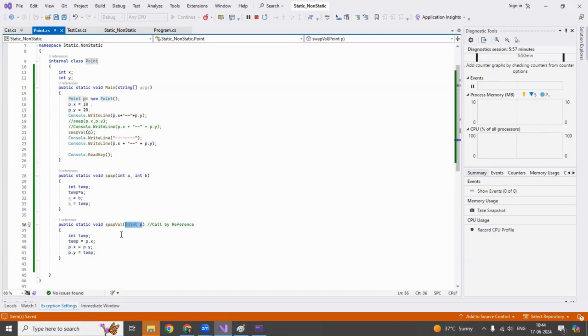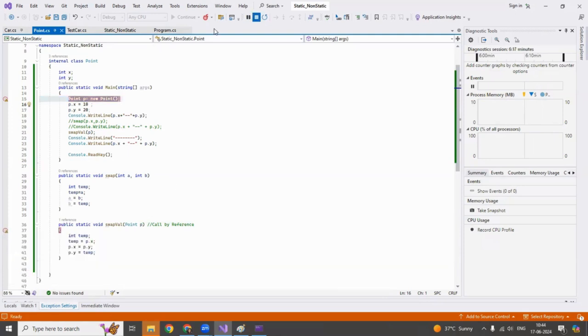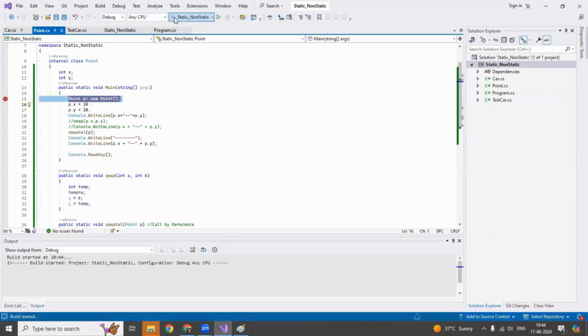If you want to see the code, you can put breakpoints here and here. Now if I execute my code,